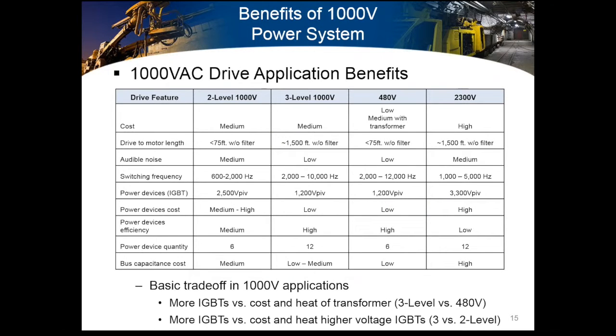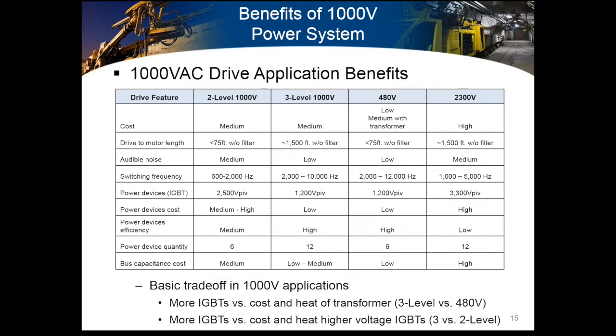If you compare tri-level, two-level, 480 and 2300 by some key drivers, let's look at cost, cable lengths, things like this. Generally, the lowest cost drives out there are going to be two-level 480 volt. But in a 1000 volt system, it does require higher voltage devices, which are more expensive. So actually going to a tri-level where you're using twice as many devices, but at a commercially available 1200 volts